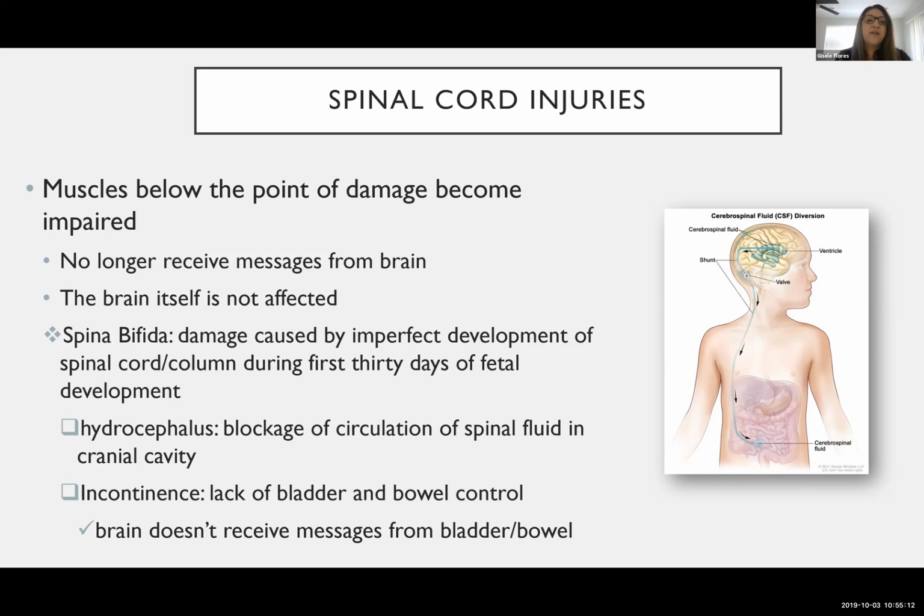I didn't cover spina bifida either. So spina bifida, you may have seen this in 103. This is when the spine doesn't completely form or it doesn't fuse. And so what happens is there's this fluid filled kind of lump on the back, between the butt and the back of a baby. And what happens is it impairs the development of the fetus. We know that we can see spina bifida in an ultrasound.